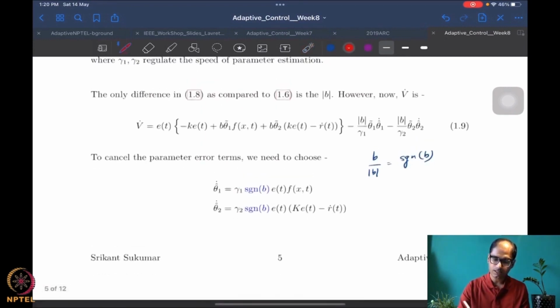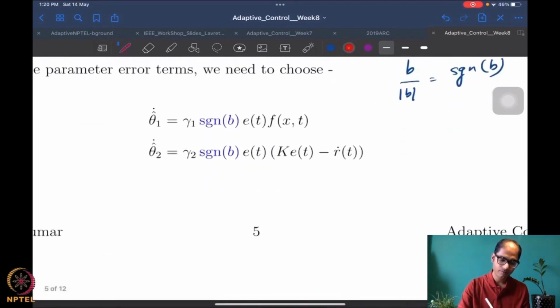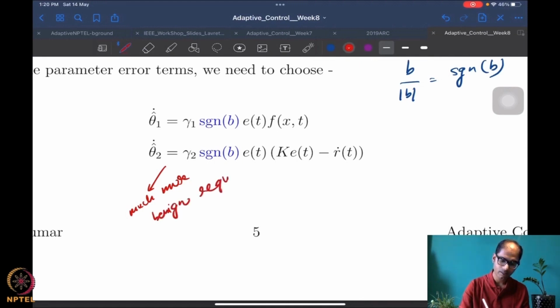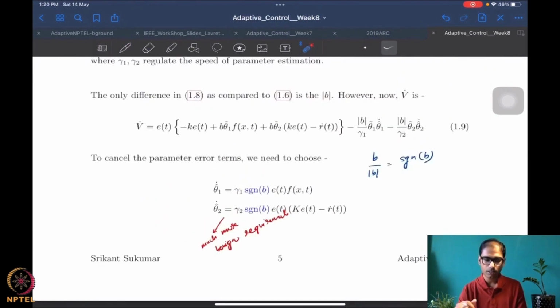This, I would say, is a much more benign requirement. What is the requirement? The requirement is that there is a signum of b that I need to know in order to implement this